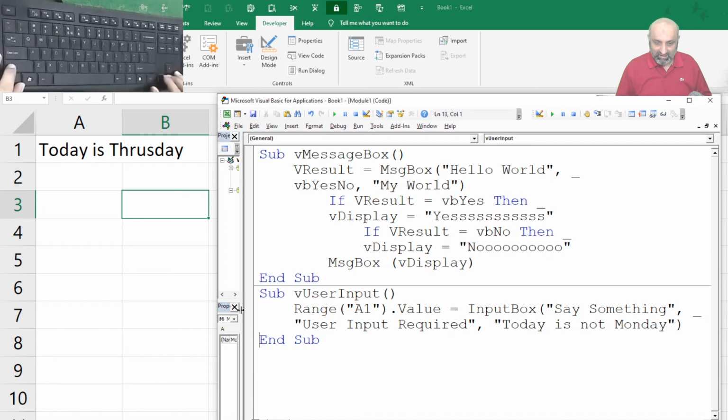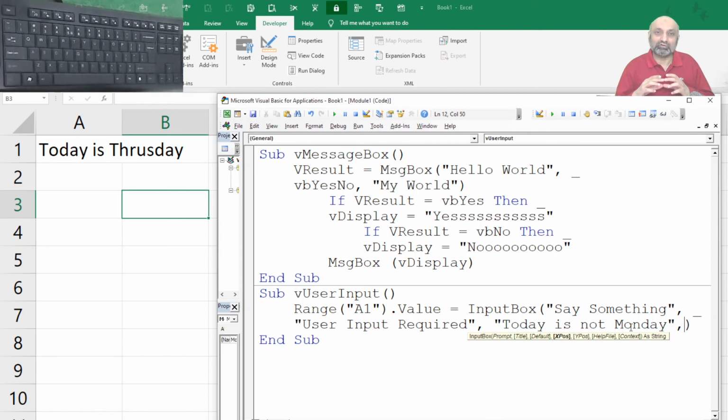What else do we have in input box? Let's see, where is my cursor? I just lost it. Comma, X position and Y position. So currently my input box is appearing in the center of the screen.